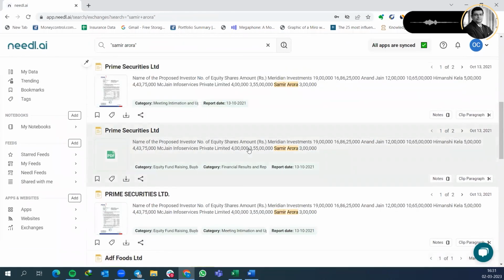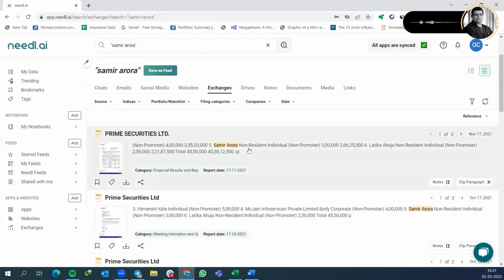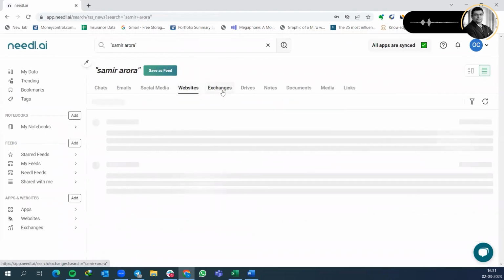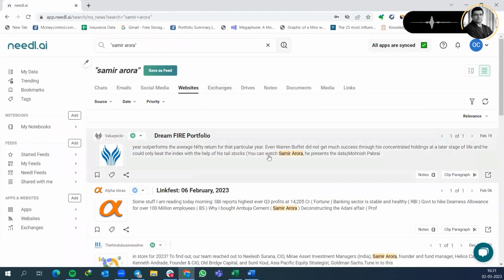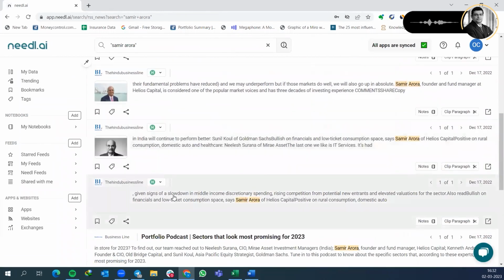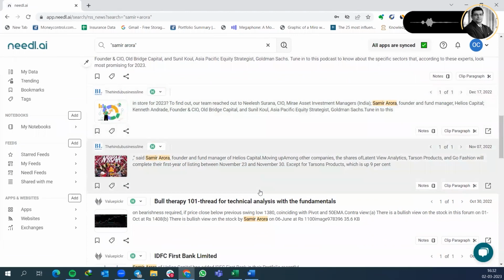So this helps you build up your knowledge base, do the due diligence, and build up your repository of knowledge, cutting across public websites and exchanges, which is the focus area of our discussion today. As you can see, Value Picker related stuff, alpha ideas, all the popular blogs, media, websites, all the findings, interviews, podcasts, everything comes up. And this makes the job of an analyst to start initiating coverage or start building his hypothesis extremely clear, and a very quick start exercise, leading to very tangible outcomes in terms of time saved, effort saved,